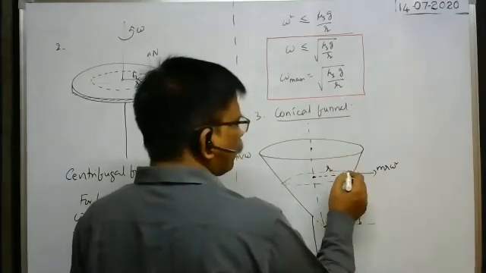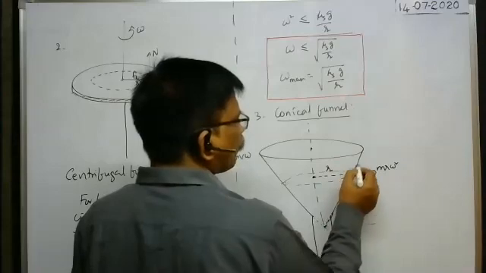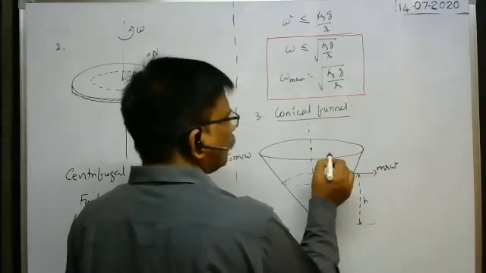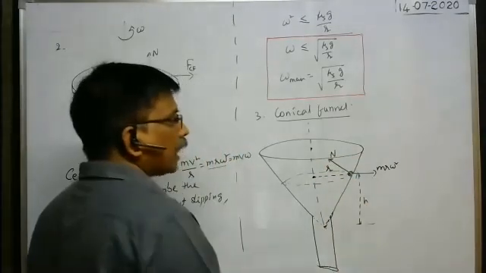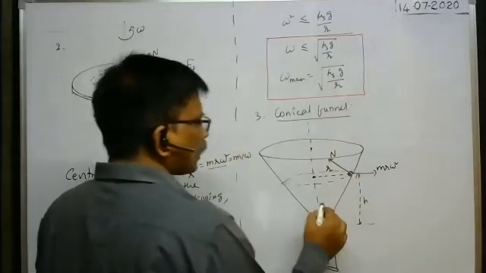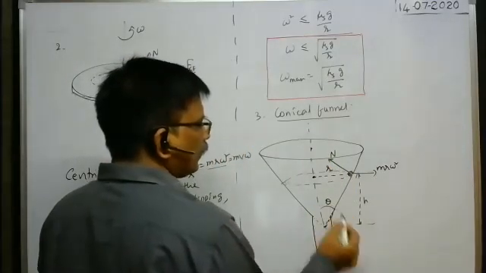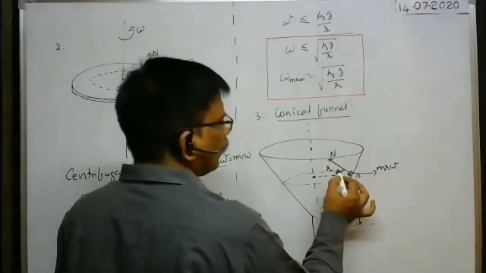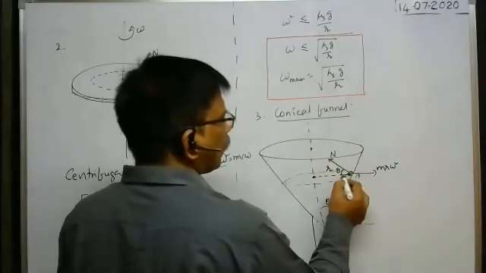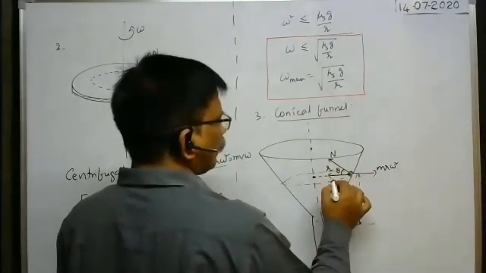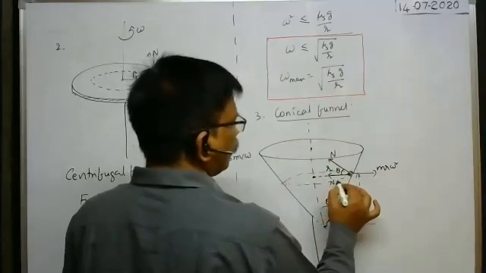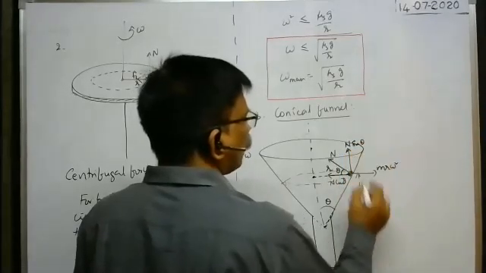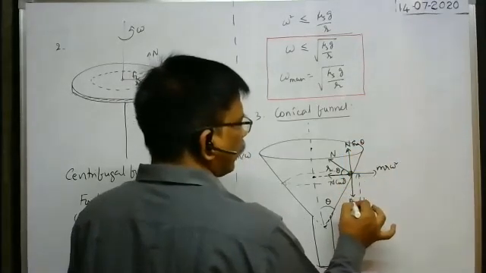In order to know the direction of the reaction force, at this point of contact, you draw the tangent. So this is the tangent. You draw the normal at this point of contact to the tangent. This is the normal reaction. Normal reaction acts on the body in this direction. Suppose the semi-vertex angle of the conical funnel is say theta. If it is theta, this is 90 minus theta. Then this is theta, no? Now you resolve this normal reaction into two components. One component in this direction, that is N cos theta, and the other component is in this direction, that is N sin theta. Okay, weight of the body acts vertically downwards.